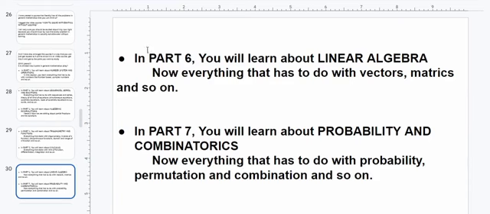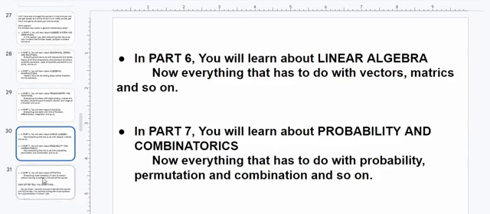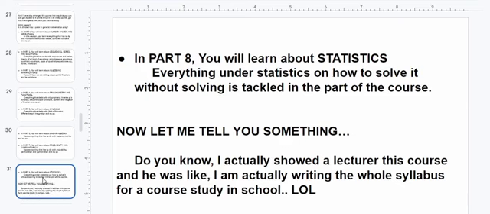So you might think, it's only calculus, calculator can work for you. Please, all of these are actually solvable without solving, all right. And in the last part, which is part eight, you will learn about statistics. Everything you need to know about statistics, your mean, median, mode, and the rest, your variance, your standard deviation, mean deviation, any statistics you can think of are actually studied in this part. So it's what you don't want to miss.